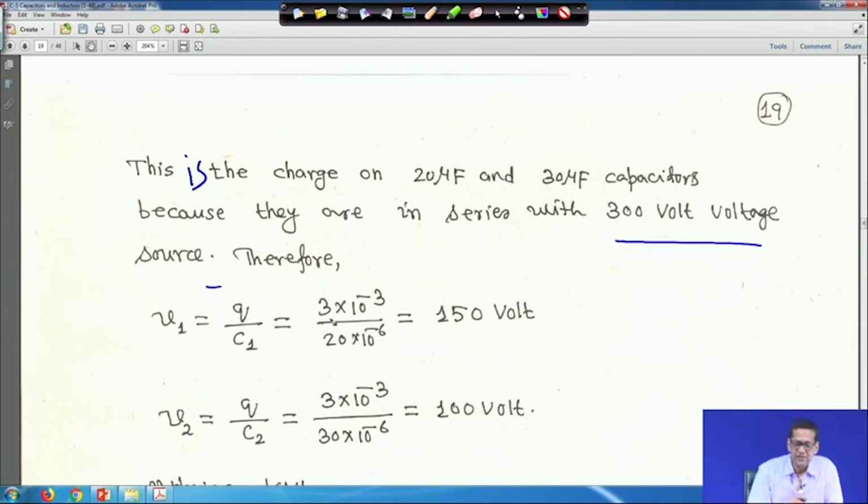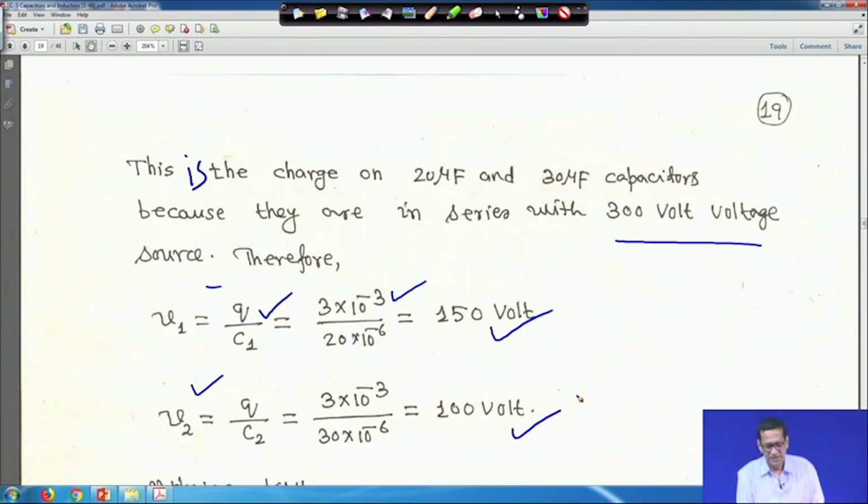Therefore, we know Q is equal to CV from the formula. So, V1 will be Q upon C1. So, Q you have got this one. So, this is 150 volt and V2 will be Q upon C2. So, it will be 100 volt, right. As we have got V1 and V2, that is 150 and 100 volt respectively, we can easily find out